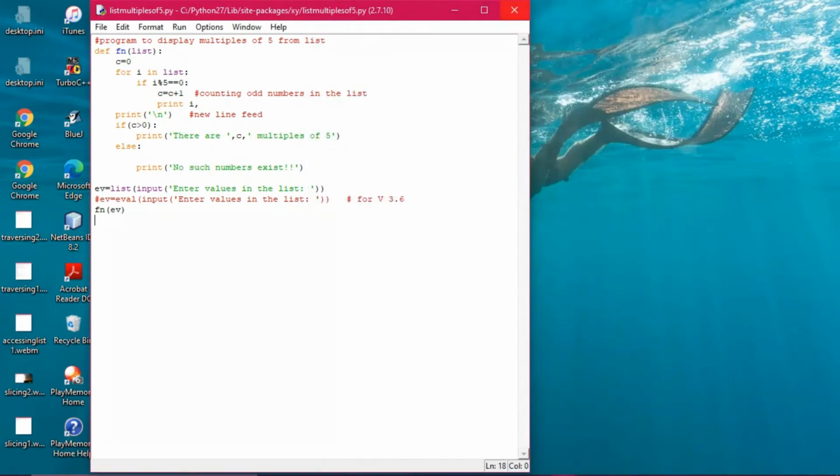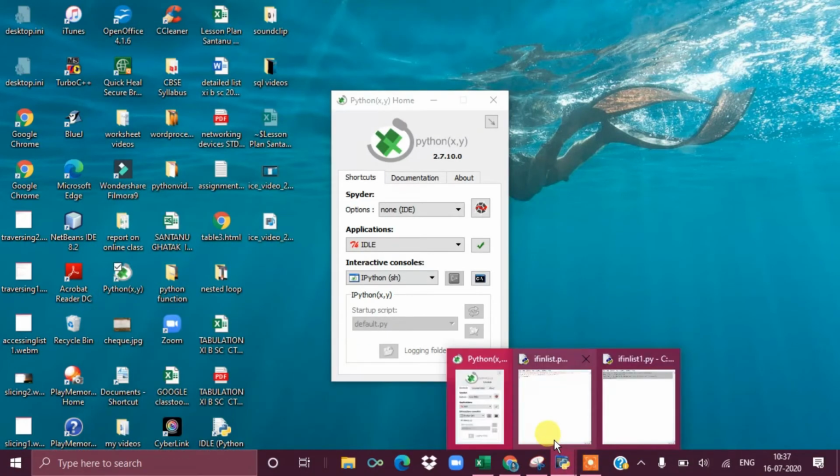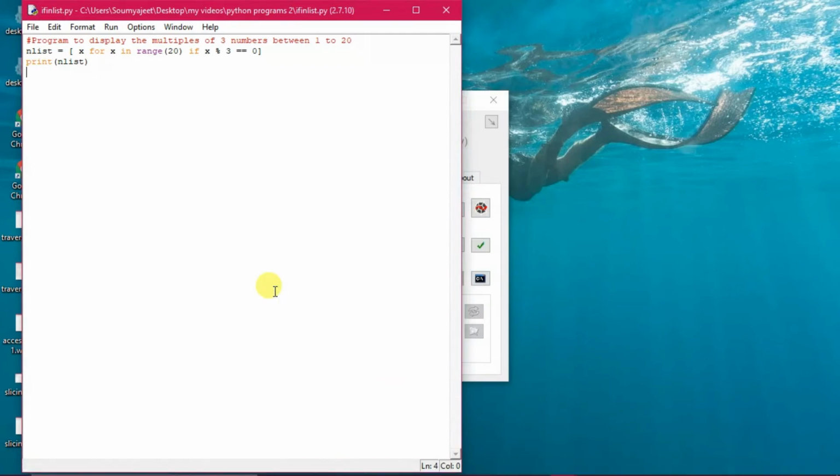Now you see two amazing programs, and very important also, and here the logic actually plays a role. See here, such a short program. You can make it bigger also, but here I have compressed the code. The program is to display the multiples of 3 between 1 and 20, meaning whichever numbers are exactly divisible by 3. I could have done it in the normal way also, but I have changed the style here.